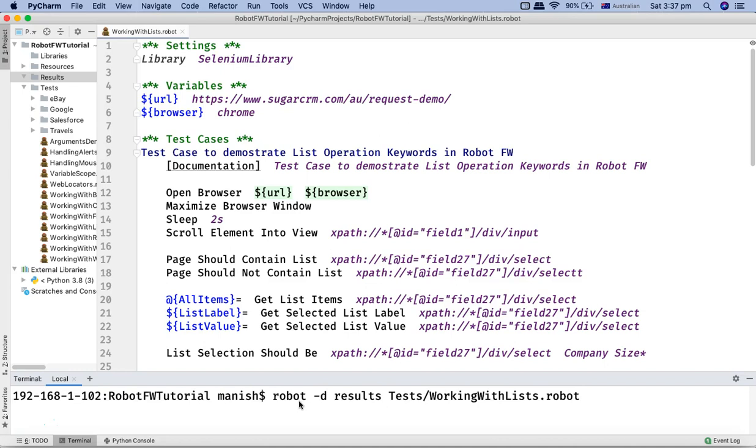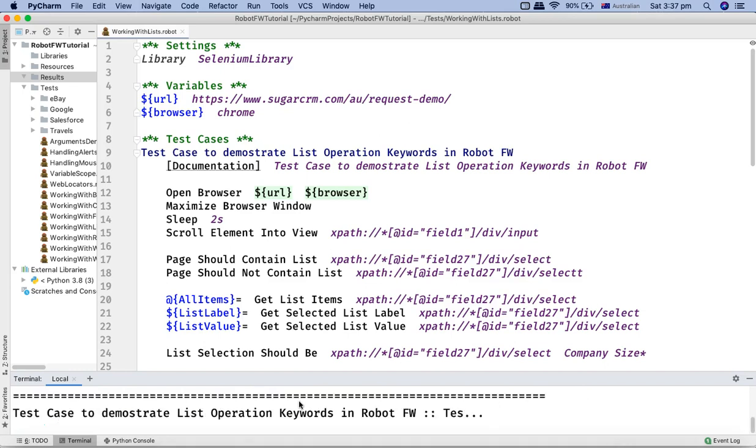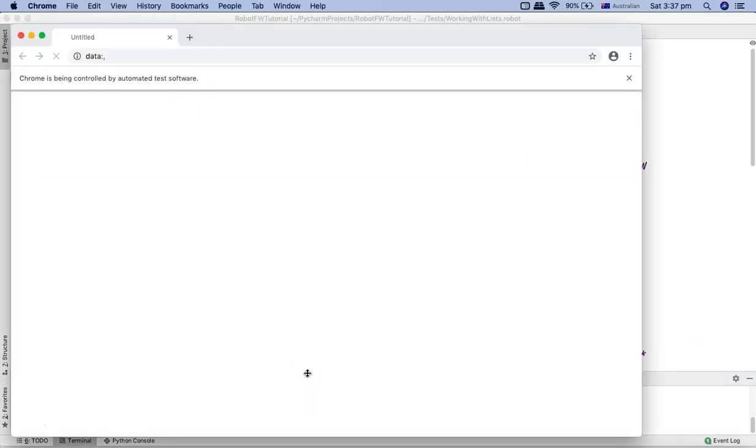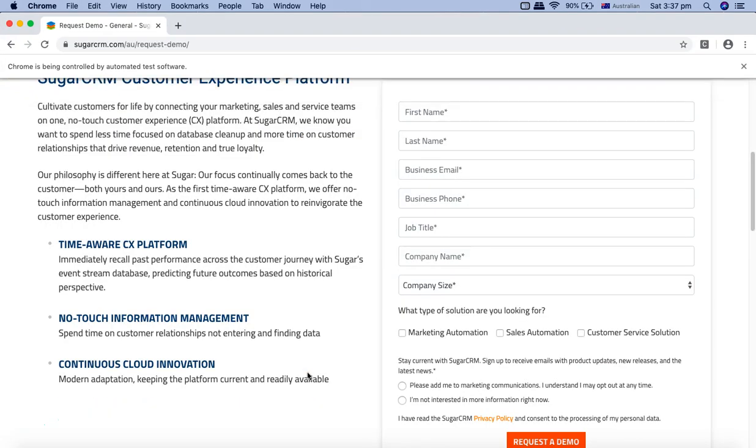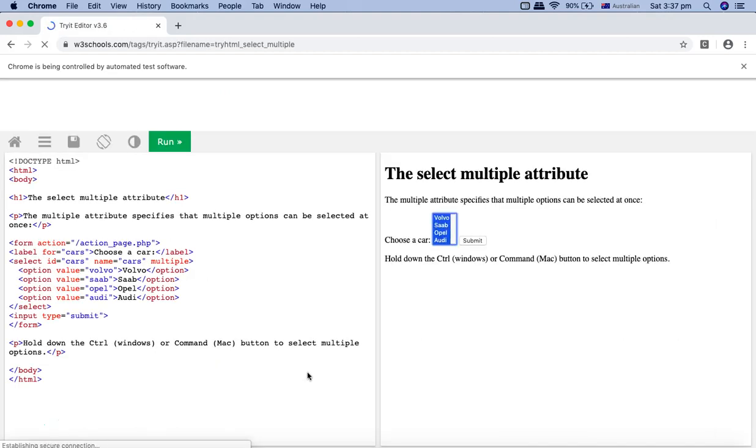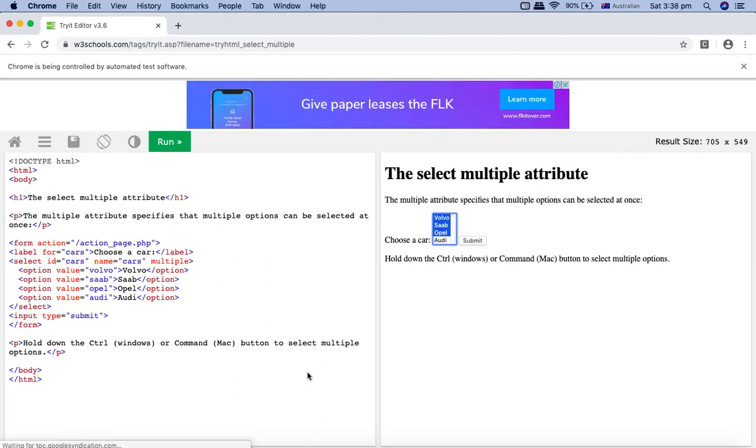Okay, so I've executed the test. It will open Chrome browser, open the URL, maximize the page, and will scroll down. You'll see 1 to 10 employees got selected, then 51 to 100. So this is basically based on ID, value, etc. And then it moved to multi-select list, selected all the items, unselecting items one by one, and then it will unselect all,